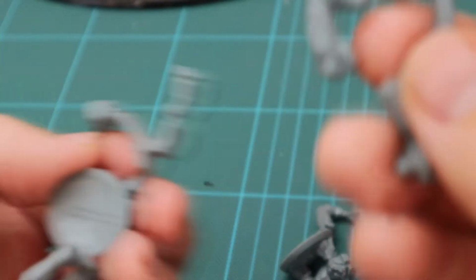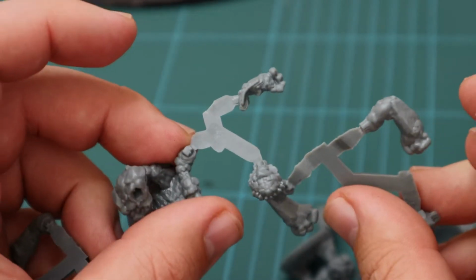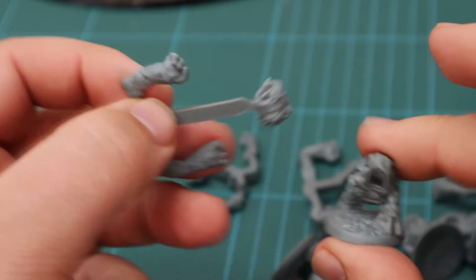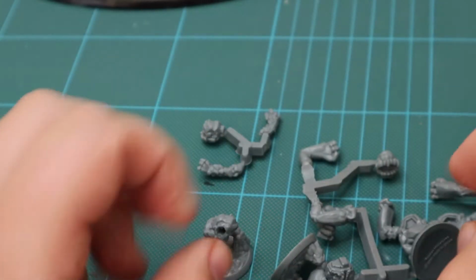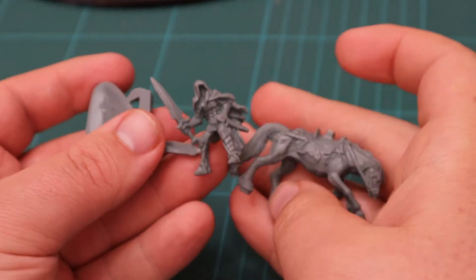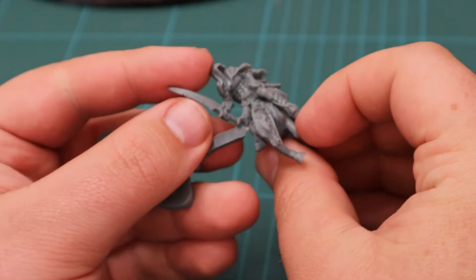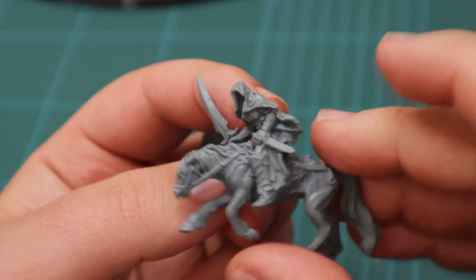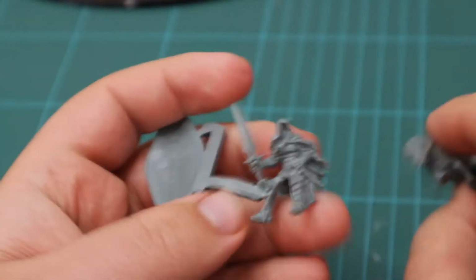So it's interesting that you can get a whole bunch of the same monsters in here, so I guess adding the sprues in there means I can switch them around, so that'll be interesting to mess around with. Okay, now here we have a pack of Wraith Knights. They're pretty cool. Seeing there, nice and easily fit on the horse, so you can have the horse if you want to, or the